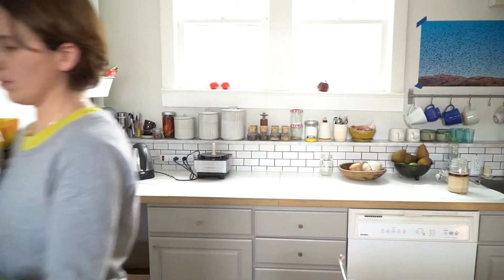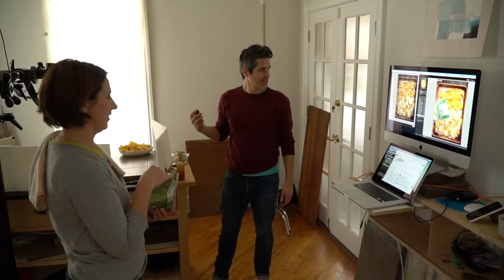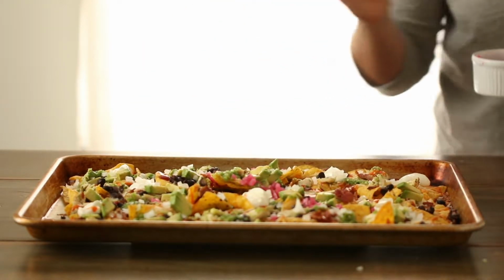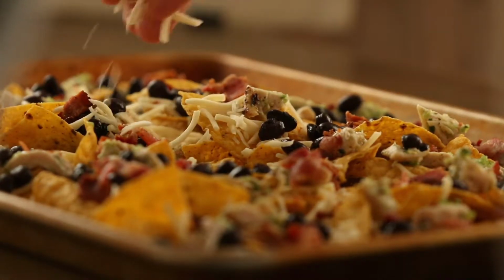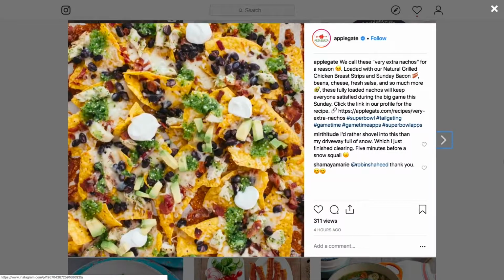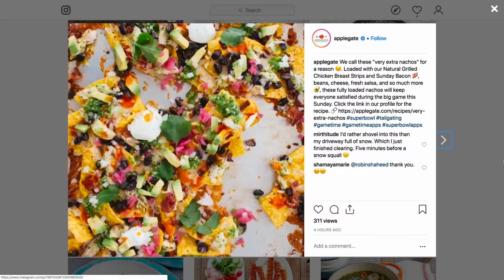Today we were working on some totally loaded nachos that we thought would be great for Super Bowl because it could be like a full meal. We were originally going to shoot it just as a still, but then we have been working with stop motion a lot lately, and it is fun to just sort of see all those different ingredients getting layered on. Just seeing how stuff is made is compelling to people. At the end, it's quite a complicated looking thing, but when you see it step by step in a fun, playful way, you're like, oh wait, that's so easy, I can do that. Because that'll be a goofy thing, and then...